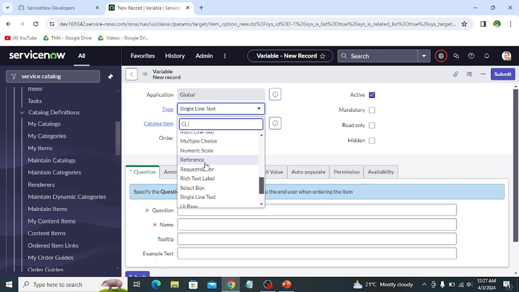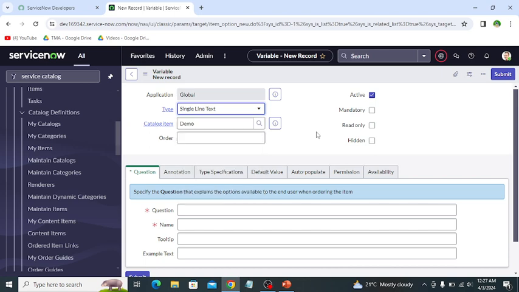If we want to reference any variable from any other table, then we use the reference type. Requested for, rich text label, select box. Select box is similar to a drop down. So these are the different types of variables which we can utilize according to our requirement.